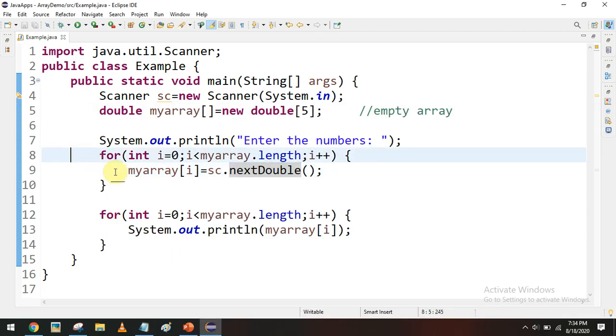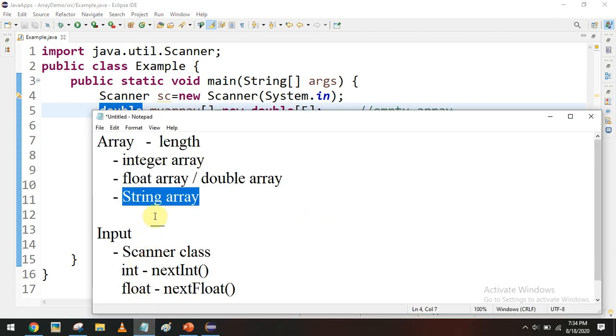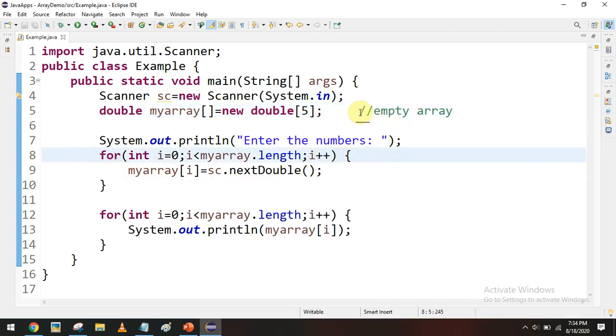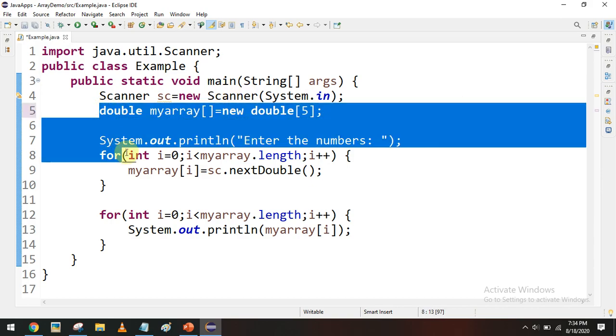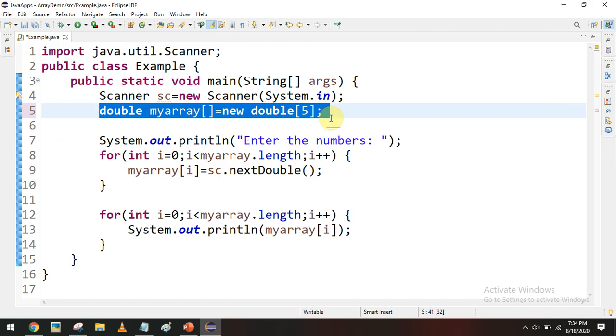If you want to create a string array, the first thing is you have to go for a String object type. String in Java is an object, with a capital S. It is not a data type, it is an object. For example, you want to store 5 names, textual data.